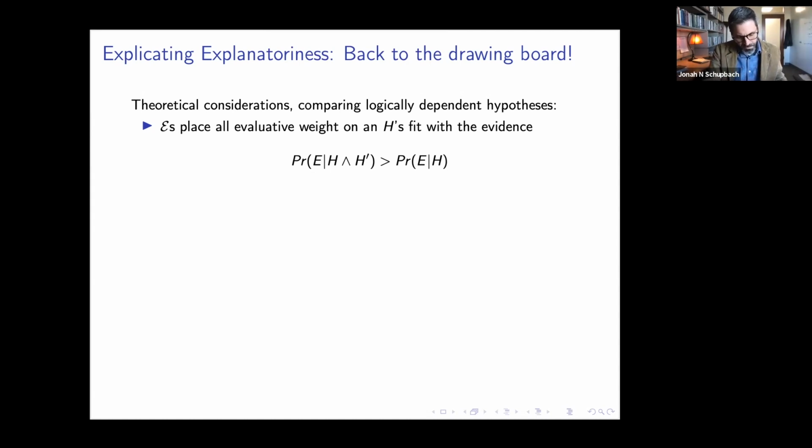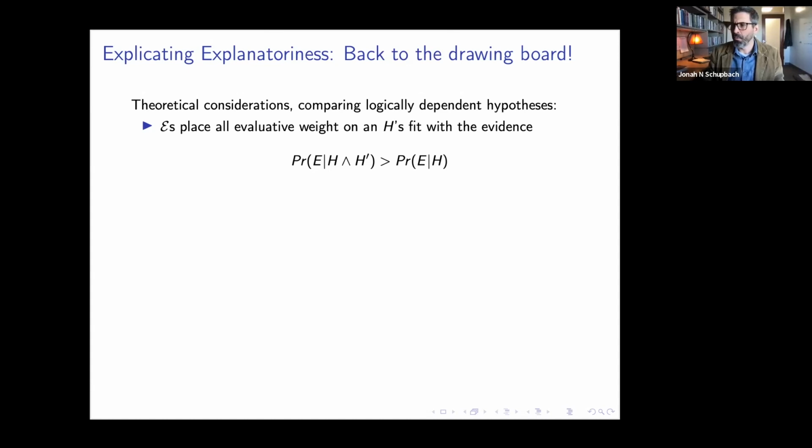Okay, so we might say the E's always give you an advantage for saying more, because if you commit to not just H, but also some H prime, if you say more in your explanation, then there's a really good chance, inevitably, that you can always increase the likelihood. You can bump up the likelihood somewhat by just saying more in your explanation. That's one way to think of what the E's are doing there.